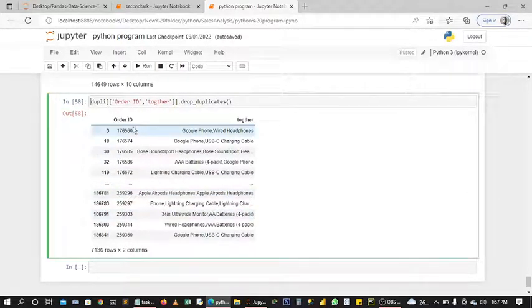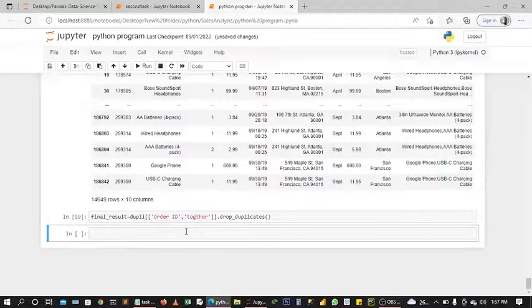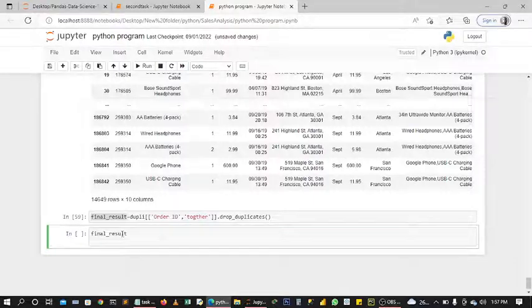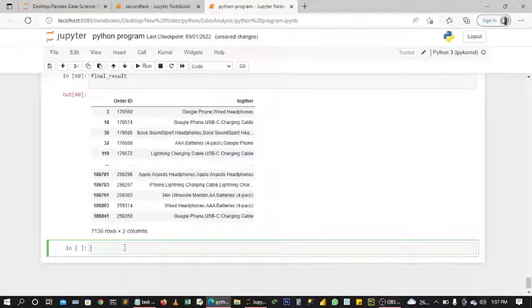But before then, we are going to assign this. Let's just call it final results equals to. Okay, let me run it so that it won't say that it's not defined. That's what happened the other time. Let's just print it again. Okay, final results. Now let's count how many times it's been purchased. So what we are going to do now is let's say final results equals to final results,